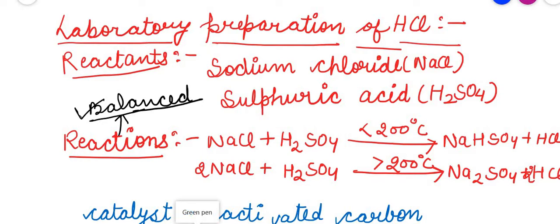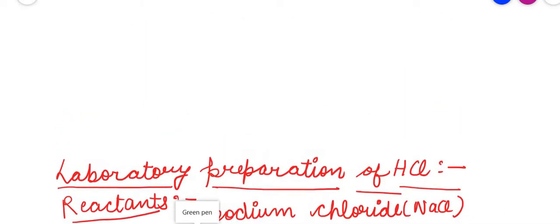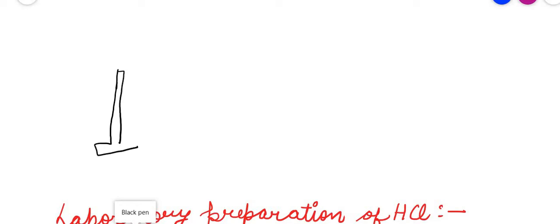Okay, let's move on to its experimental setup and its procedure. Let's go to the procedure first. Let's set up the experimental apparatus. For the experimental setup we are using a clamp and stands. There will be a little problem in the drawing because all these things are new for me, so please adjust a little in your drawing.